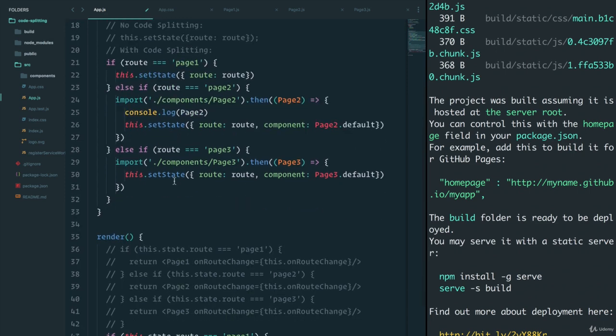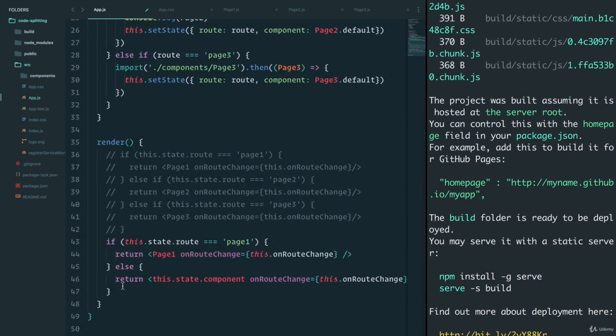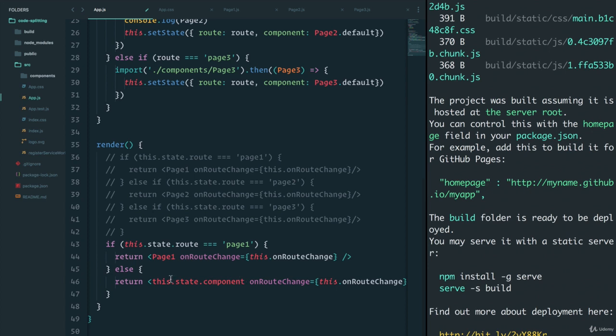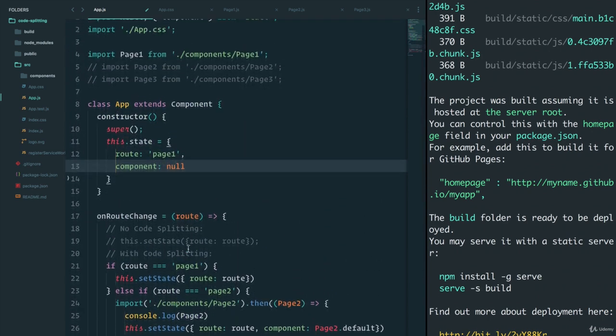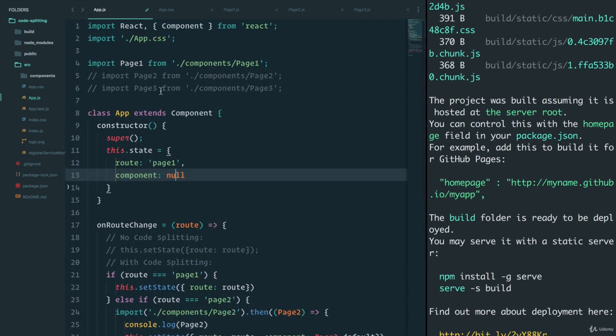Now, within here, with the cleaner version, wouldn't it be nice if we had some sort of a component, such as an async component that we can wrap around things and just say that this component is going to be async, so just import it. Well, let's do that. I'm going to create an async component, and you'll see why that's helpful at the end